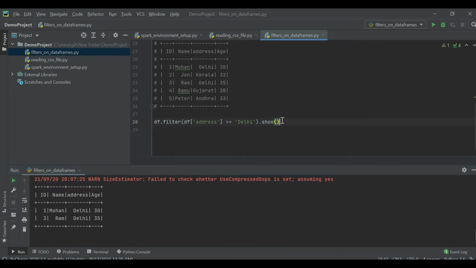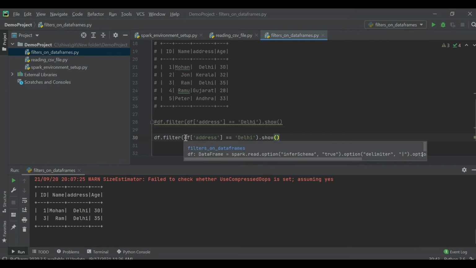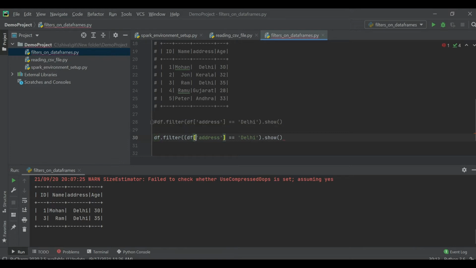Now let's check another scenario. I'm copying the same thing and commenting this out. Now I'm going to filter depending upon the age too. This is my first condition, and my second condition is I want the people whose age is less than 30.